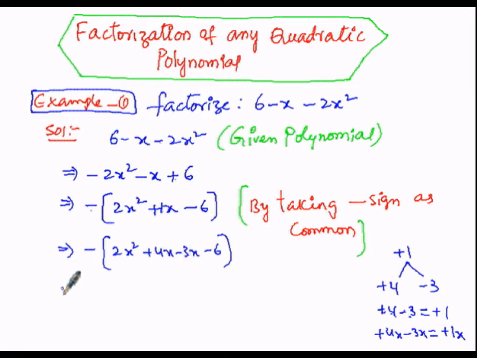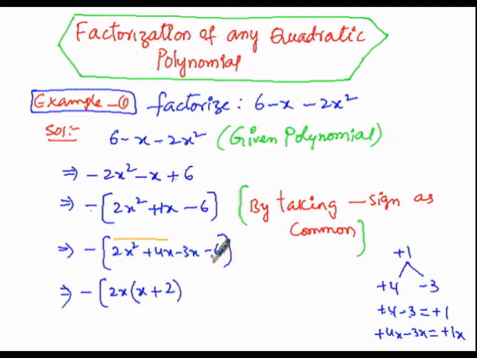Then, minus of the first two terms, that is 2x square and 4x. I want to take 2 as common. So, this 4 can be written as 2 into 2, and here the least one is x, it is x square. I want to take one more x as common. If 2 is taken out as common and as well as there are 2 x terms, then 1 x is taken as common and one more x will be left over inside the bracket, plus 2 number of times is 2, 2 twos is 4, and x already taken out as common.